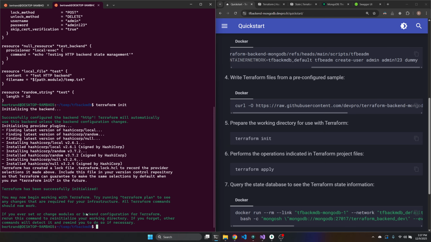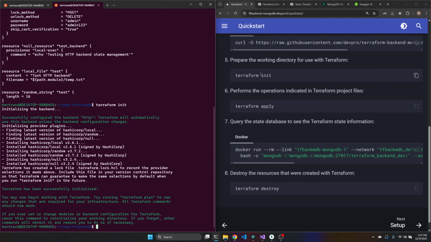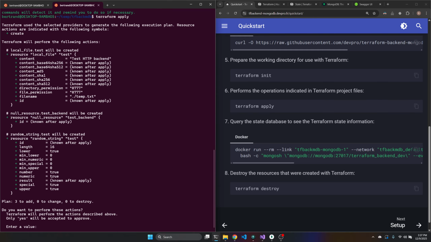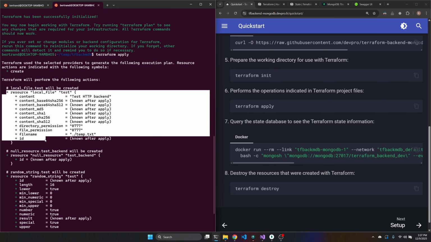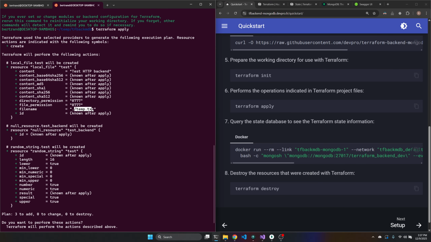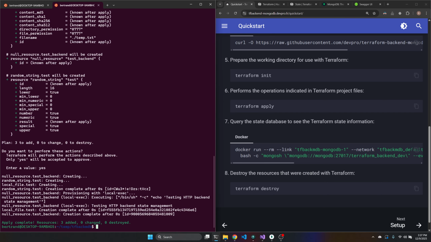We can see it's pulling everything and it's good. And now we can do an apply. If you're not familiar with it, it's the way we do the actual change. We can review it before with a plan, but here it's quite easy and we can see it anyway. We can review what will be done, and we'll see there will be a temp file and some string to be generated. It's okay for me, so I say yes. And we can see it's successful.